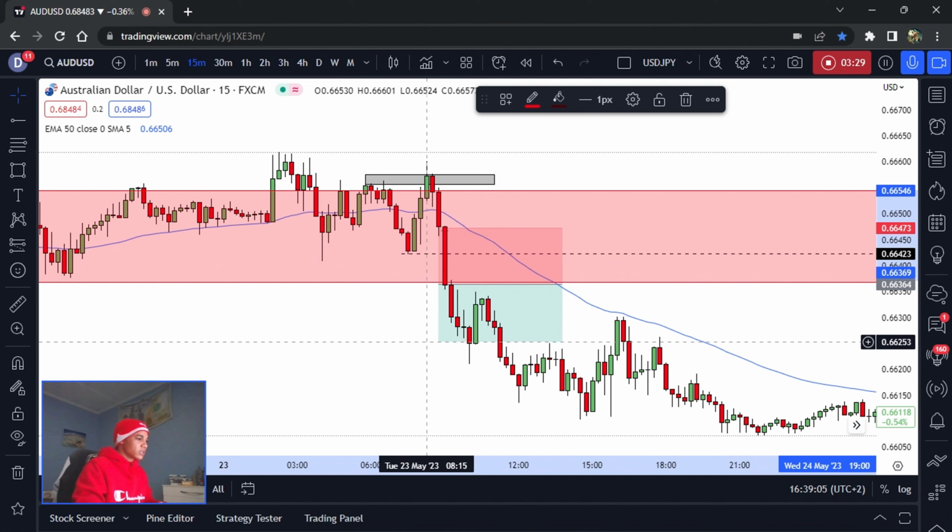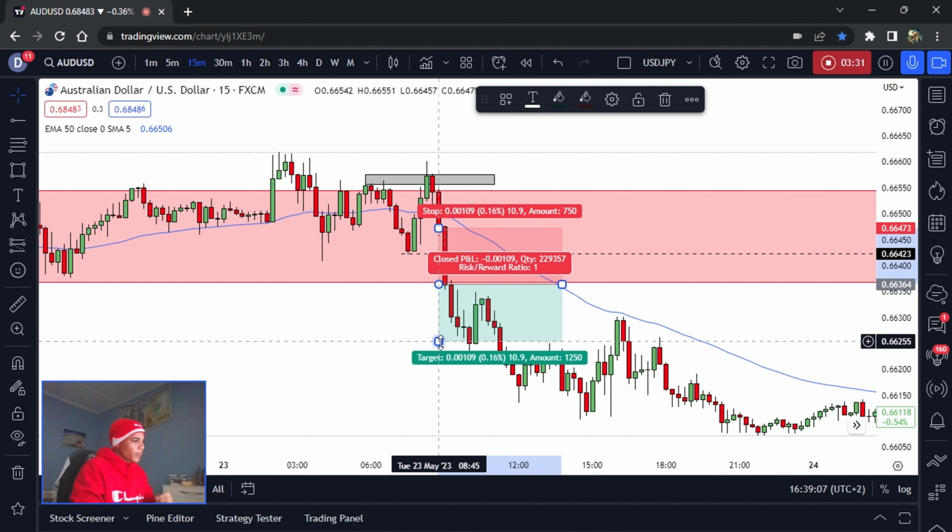So right now, as we can see, that my stop loss is above a level which is as well above the neckline. That's what I meant about an area of support which has become resistance as well. So now we are looking at our target, which I normally use a